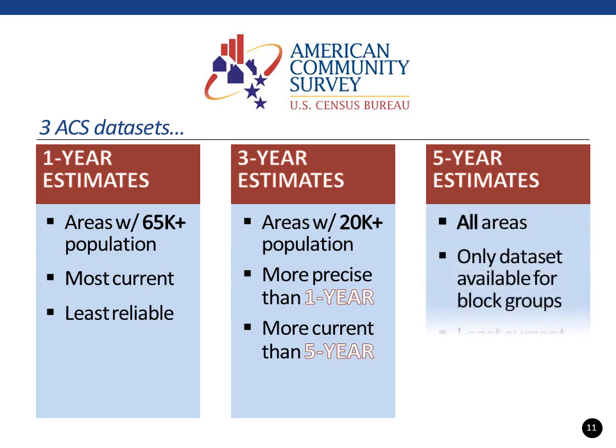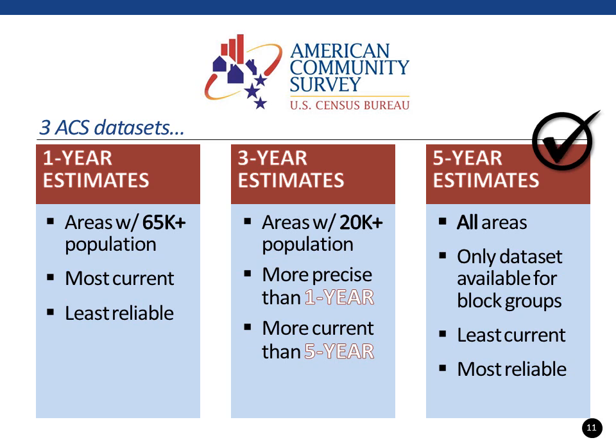The ACS 5-year estimates are available for all areas at most geographic levels, including block groups. Block group data is not available in the 1- and 3-year estimates. The ACS 5-year estimates, although the least current of the datasets, will have lower margins of error and greater reliability. Greater confidence levels and availability in the finer-grained block group level make the ACS 5-year estimates our go-to dataset for